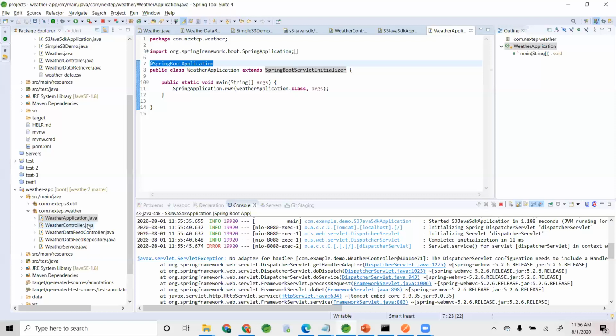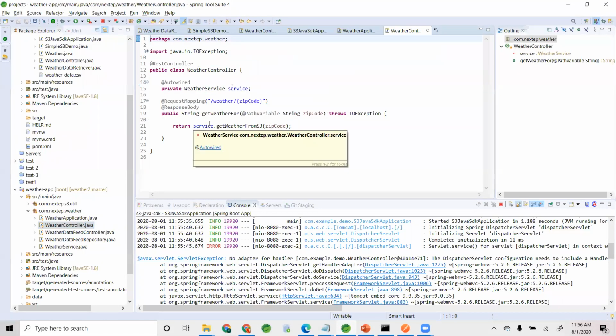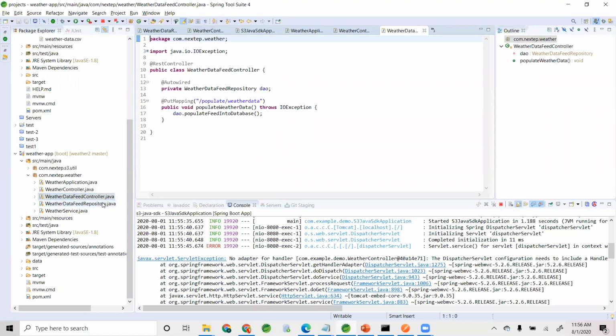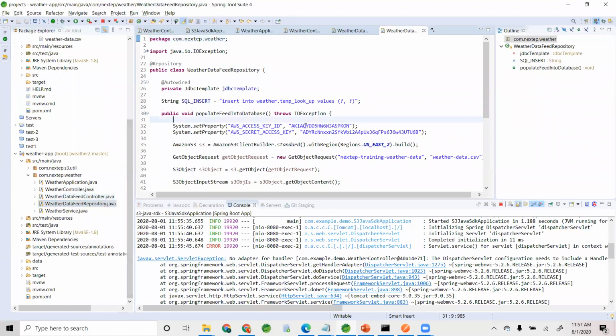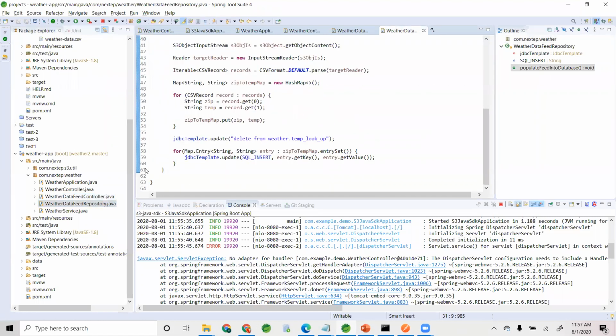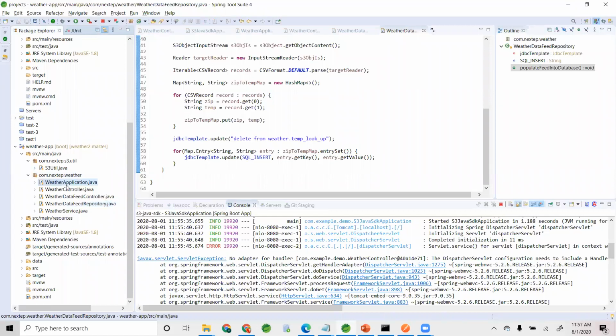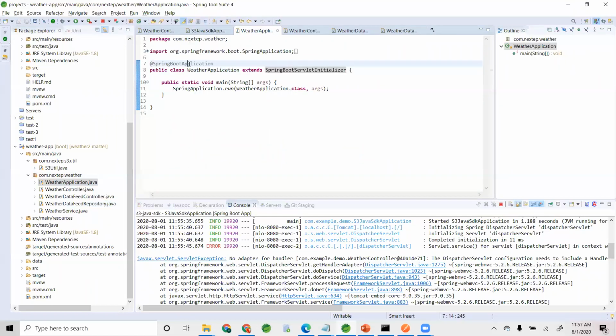Okay. Yeah, you guys saw that populate. So I had the Spring Boot application extends Spring Boot servlet initializer. That's all right.